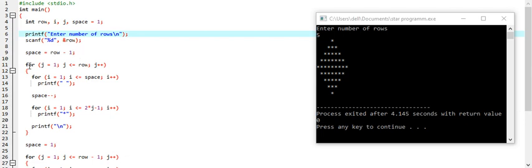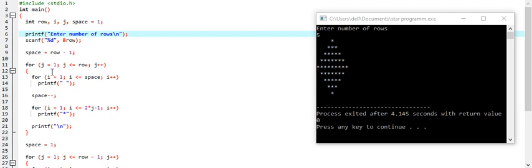I have used a for loop here, in which I have used a variable j whose initial value is 1, and I have used a condition that j is less than or equal to rows, which means that if the number of rows is 5 as in the present scenario, this loop will run 5 times.